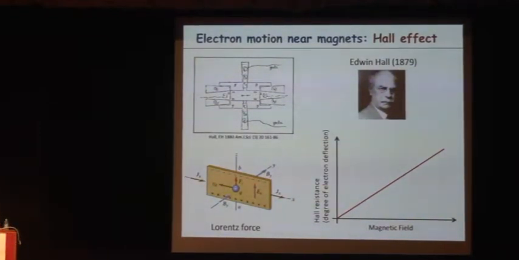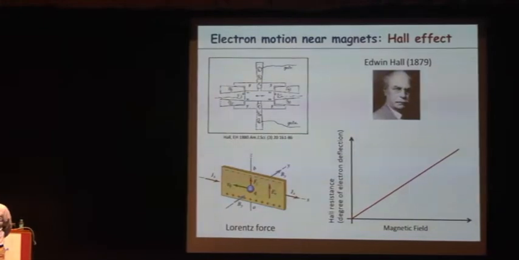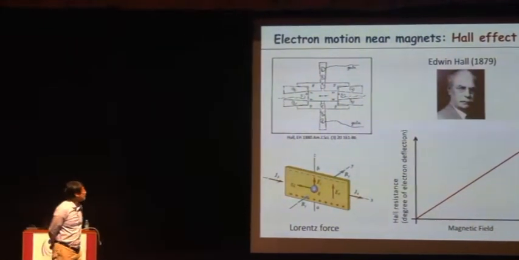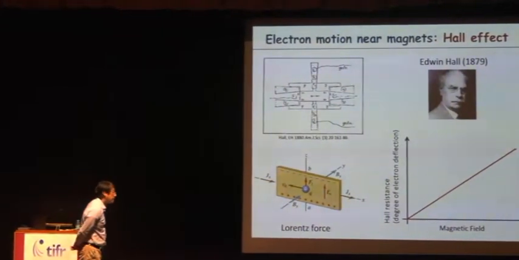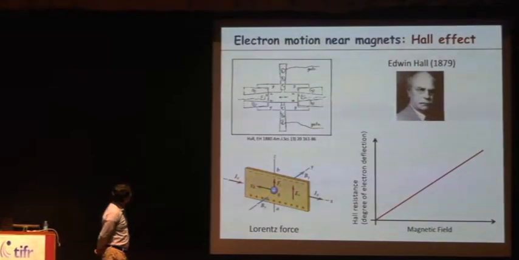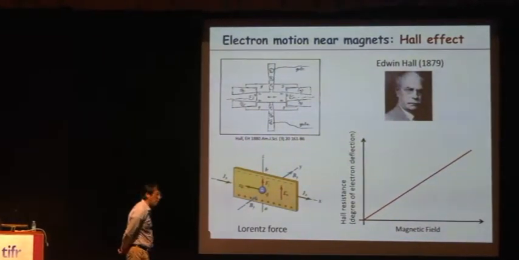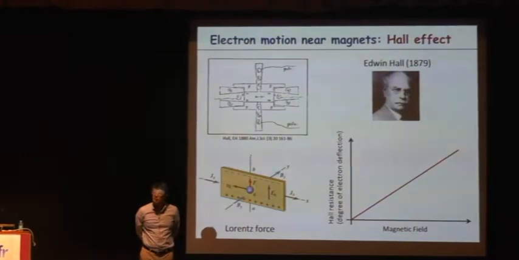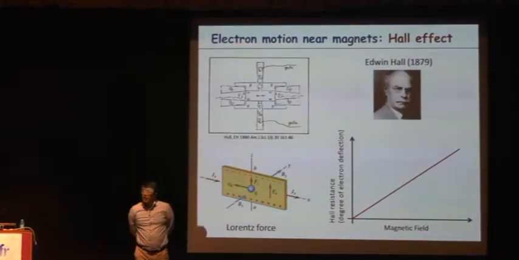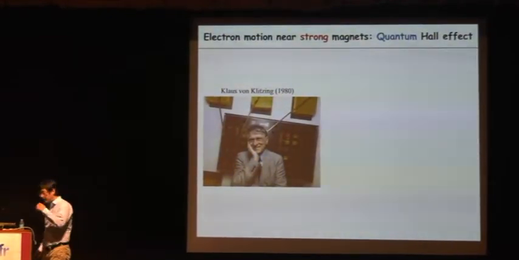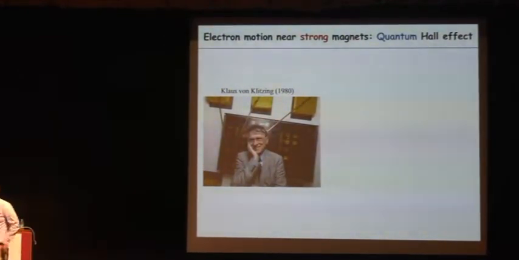One of the ways is actually using semiconductors, exactly the silicon technology I was mentioning regarding semiconductor chips. It takes another 100 years to come up with a new measurement, which actually appears using semiconductors under a very strong magnetic field. About 100 years later, when semiconductor technology had evolved and people knew how to deal with semiconductors very carefully,